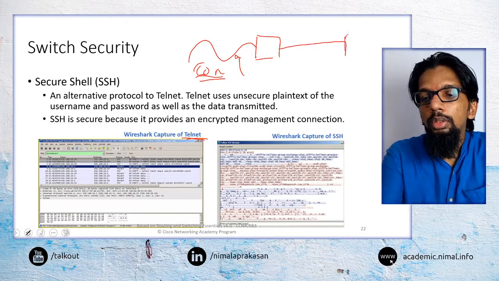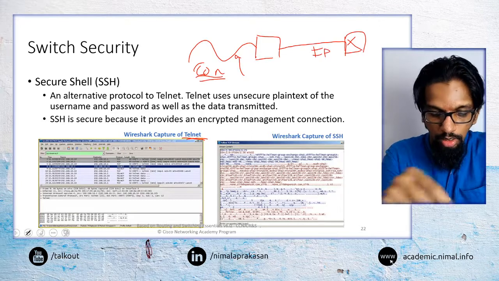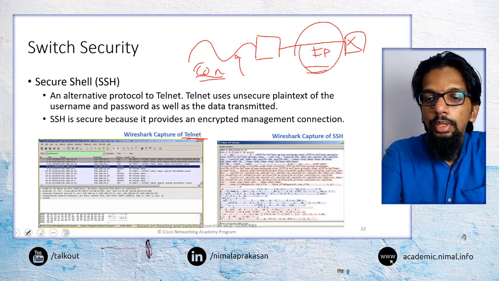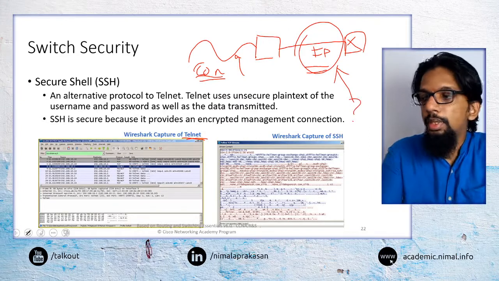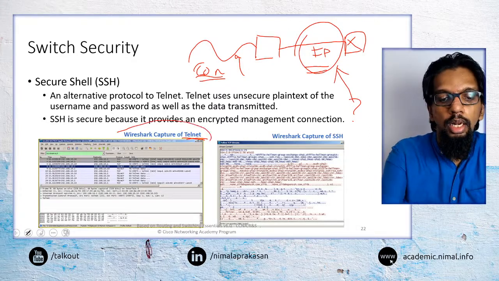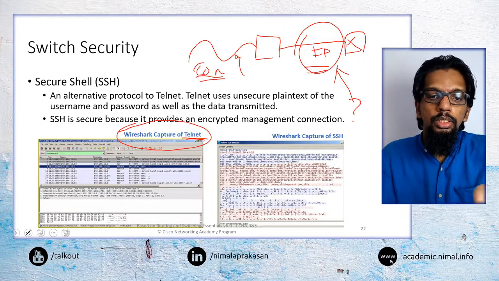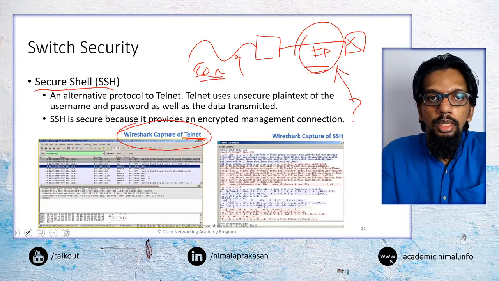But if you are coming through a router and through an IP network, anyone in that IP network will be able to see the information in a Telnet connection. So what we would prefer to do is to use what is called a secure shell, or SSH, connection.